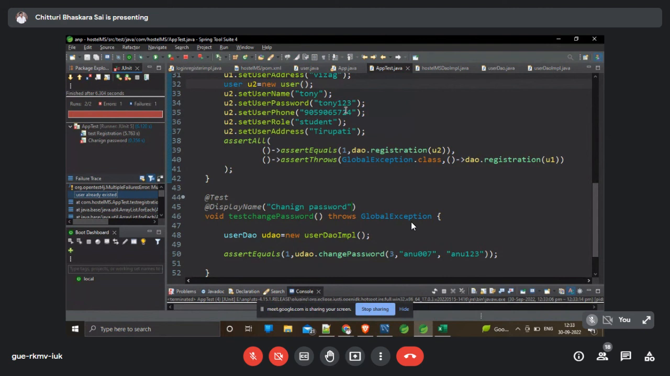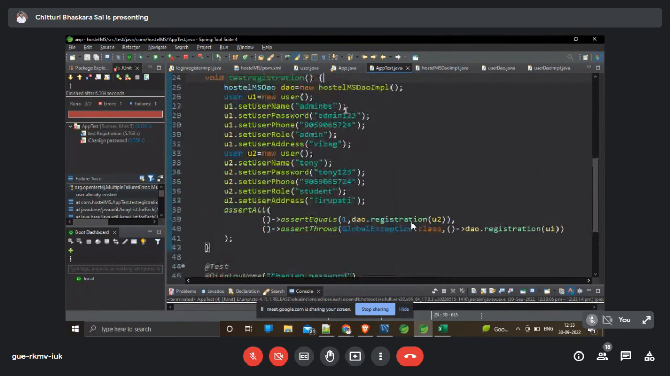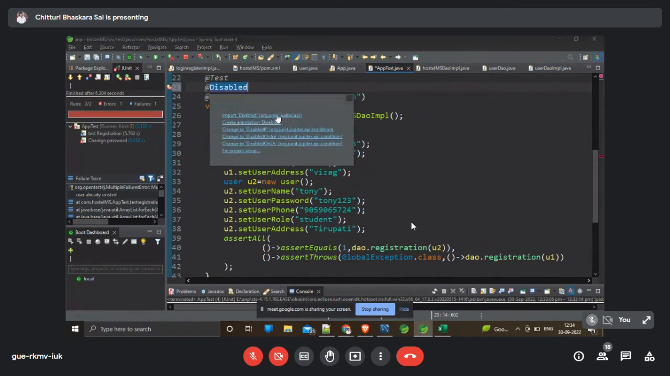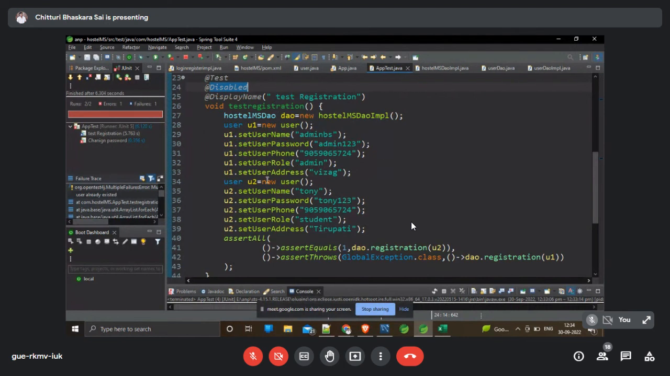Actually, I don't want to test this particular test case again. I am disabling this test case. Do you know how to skip this particular execution? I want to skip this test registration. How to skip it? If you want to skip one particular test case, then we have a Disabled option here. We can disable it from the JUnit API. Now this particular test case is not going to execute. You can see, now we have one test case, and that particular test case also passed